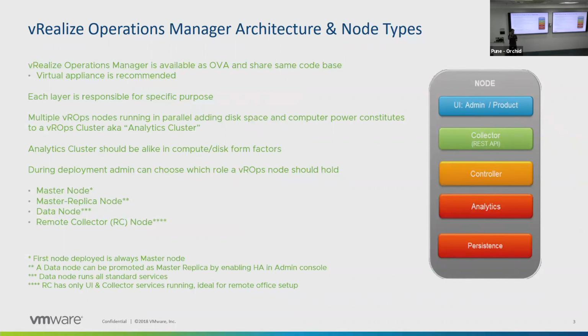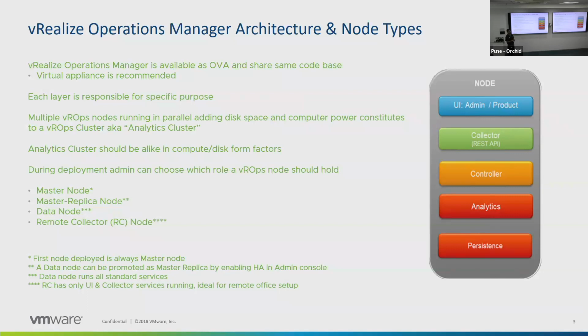You click on enable HA. The moment you do that, any of the data nodes is promoted as a master replica node. Now why do we need a master replica node? To create high availability. I have a slide to talk about why we need high availability. And the last is the remote collector. Now this particular node type is required only if you have an environment where you want to collect the data, but you don't want to put the entire vRealize Operations cluster there, right? So in a remote collector, there are only 2 layers, right? So it has only admin UI